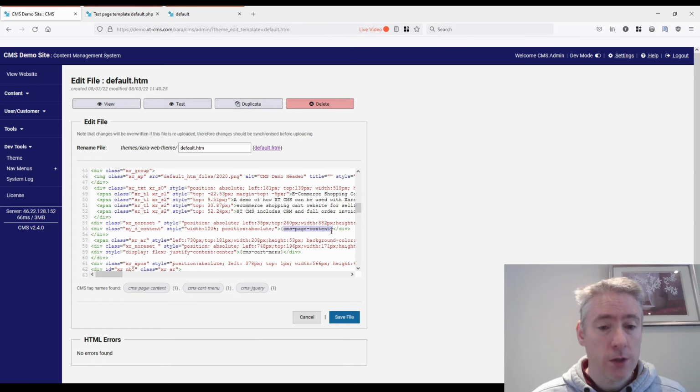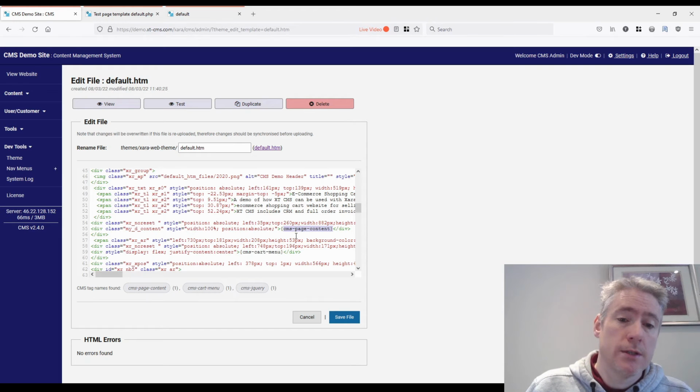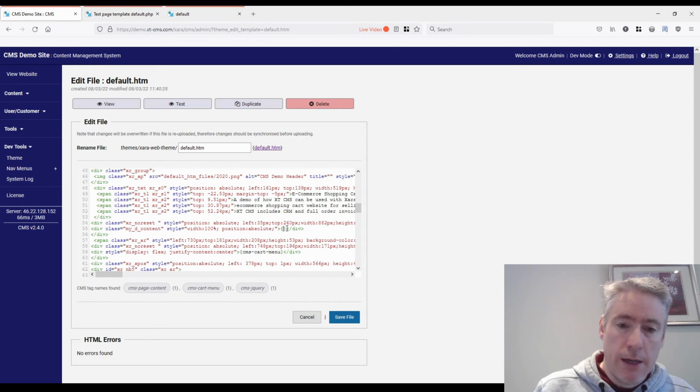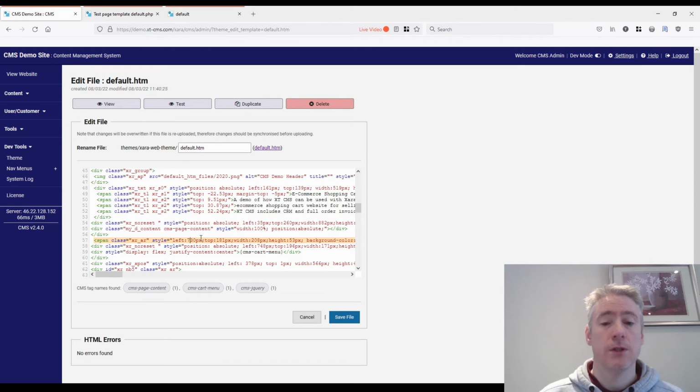So one of the other new changes as well is the ability to use these tags as class names. So you have the choice now of using it as a tag like this, and this tag will be replaced by the dynamic content. Or if you want, you can just take out the tag name, and instead of using the tag there, you just put the tag name into your class over here, like that. And basically that will do the exact same thing.